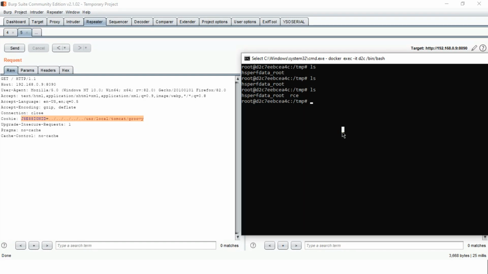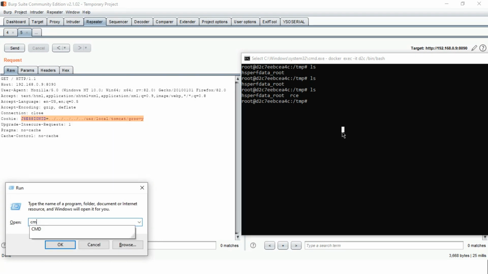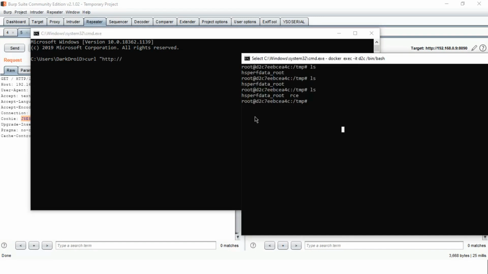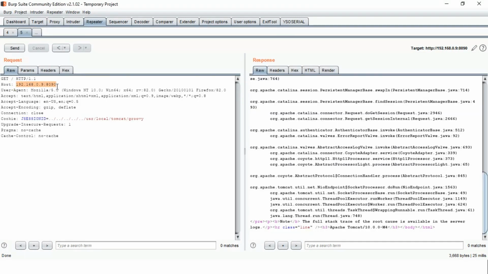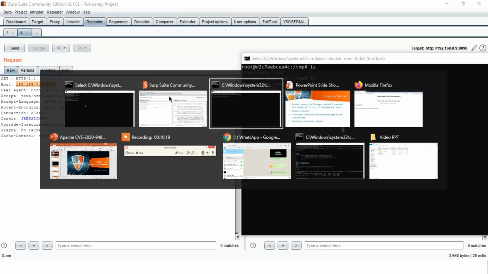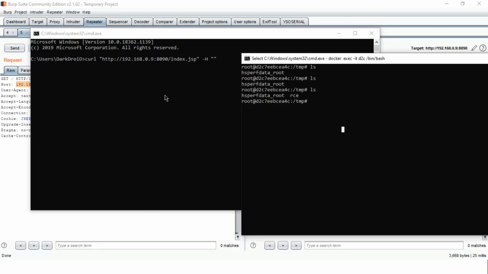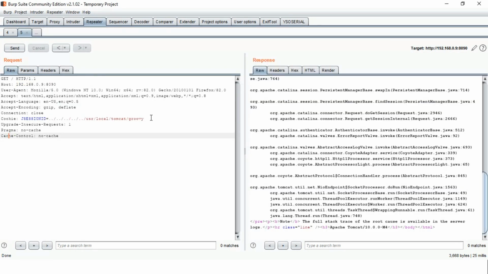We can also use this command using curl. So curl, passing the URL http, my local IP with the port, /index.jsp, and -H for the cookie, and the same payload we are going to apply.